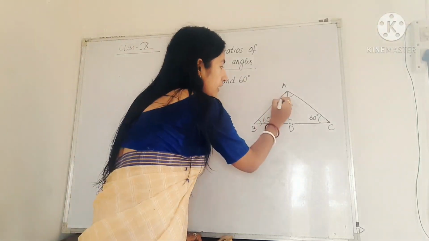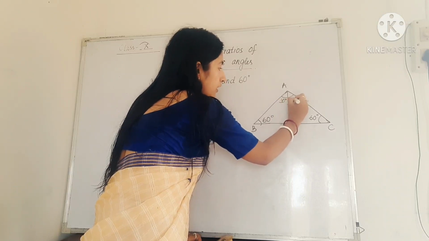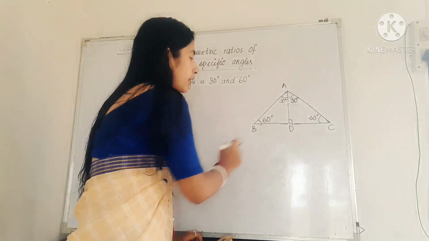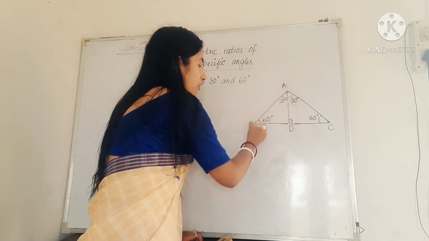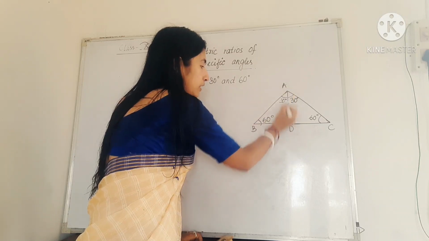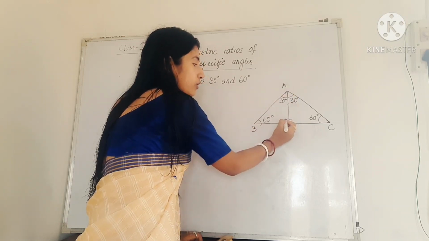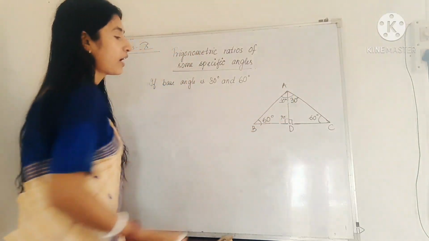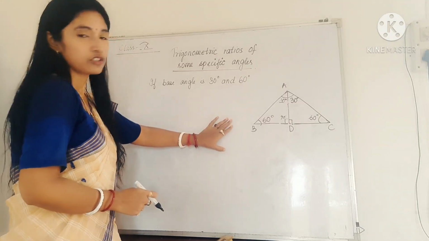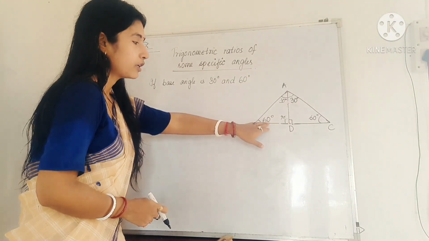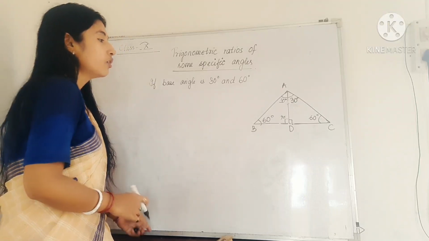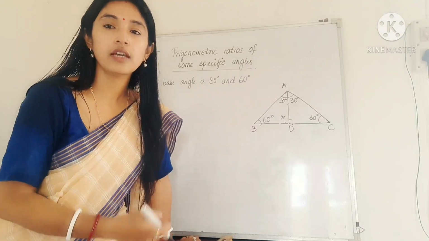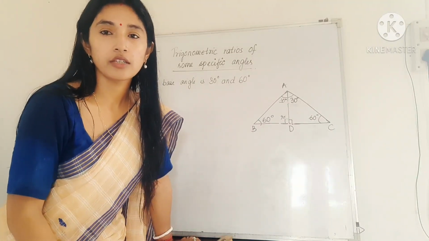So by that way we can say that these two angles will be what? Equal. That means they are what? 30 degree each. So now just take one right angle triangle. So we can take right angle triangle ABD, in which angle ADB is equal to what? It will be 90 degree. So in this triangle we can easily find the value of the trigonometric ratio where base angle is equal to 60 degree. So for 60 degree we can easily find sin 60, tan 60, cos 60 and the reciprocal of each trigonometric ratio also.